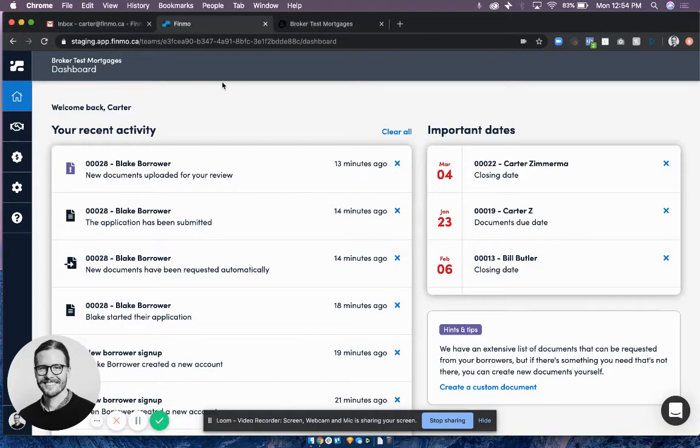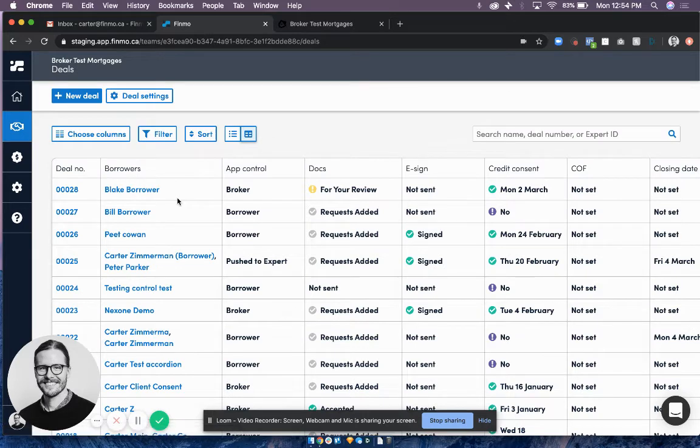So immediately when I log into Finmo, I see this nice and easy to read activity feed, I see important dates, and I see a couple hints and tips that will help me use the software better. Another way of viewing what I need to do in Finmo is through our deals view. There's a couple different ways to sort and filter this view, all very powerful, and they'll show me exactly what I need to see. But as I mentioned before, we're going into Blake the borrower's deal because we really want